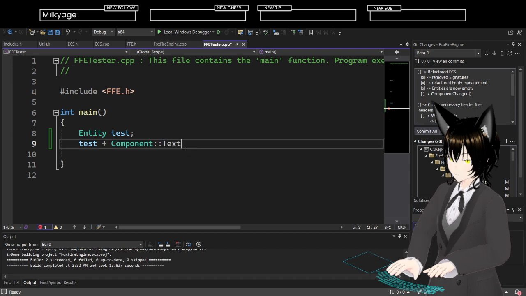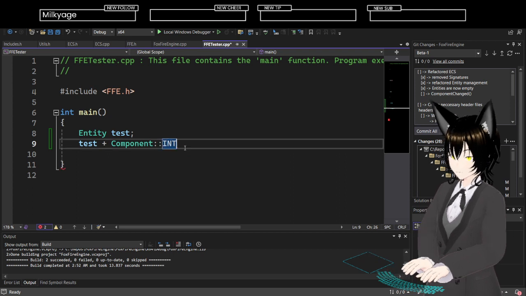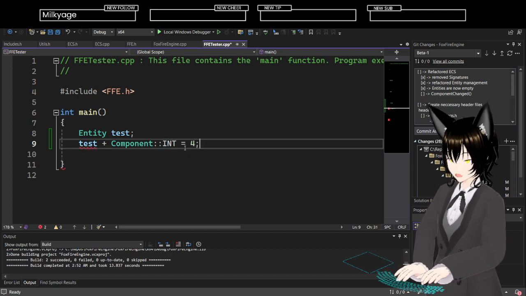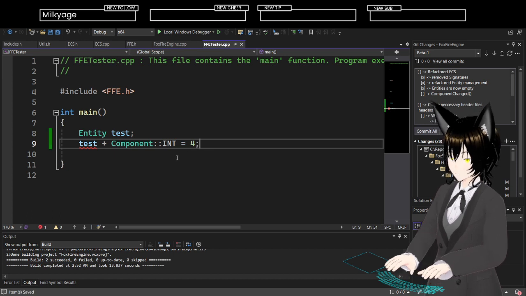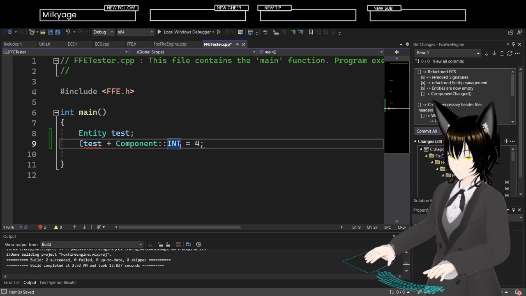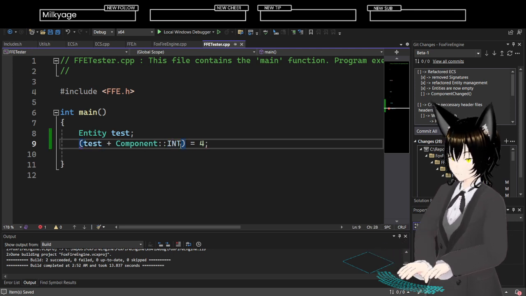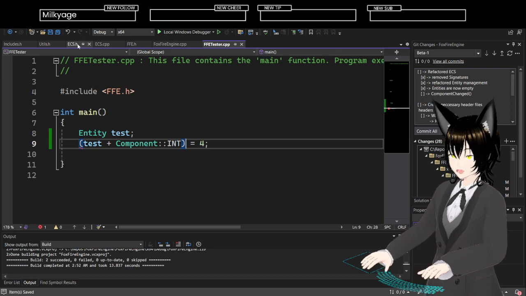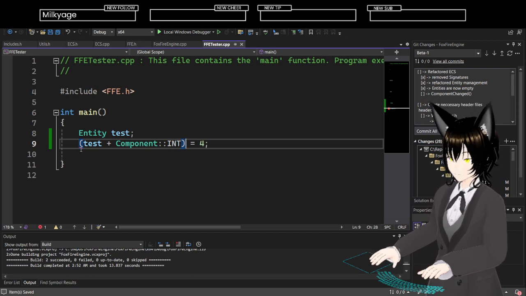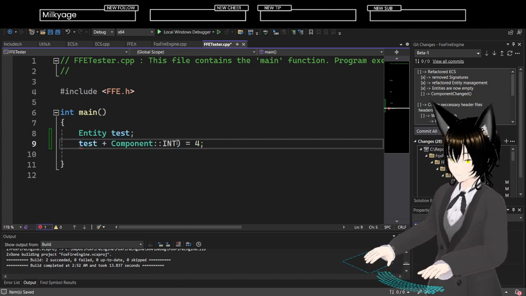Let's change this here. Int equals 4. Must be a modifiable L value. Huh. Why? Expression must be a modifiable L value.